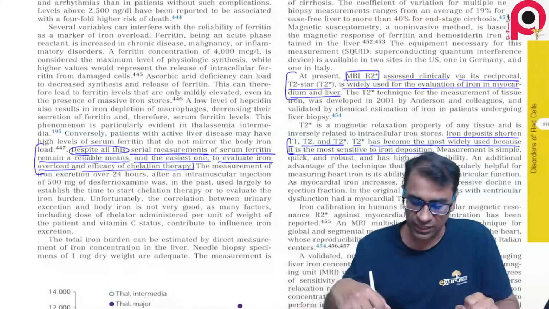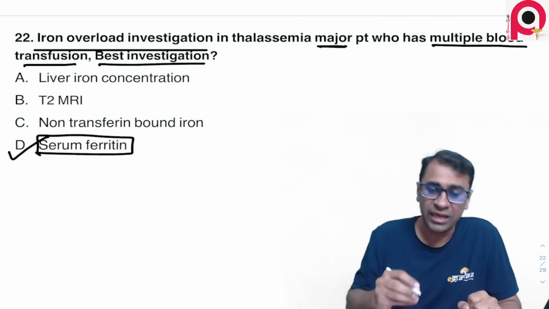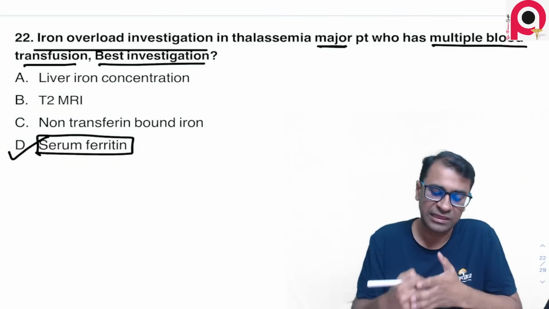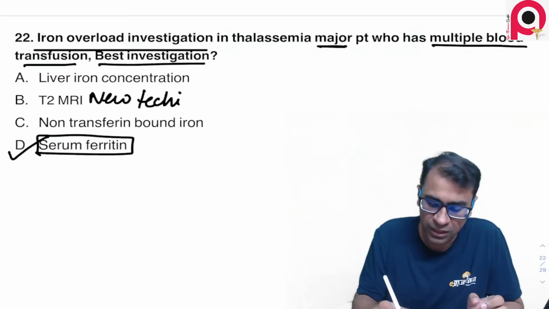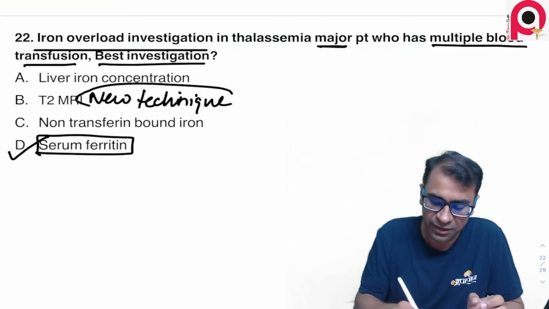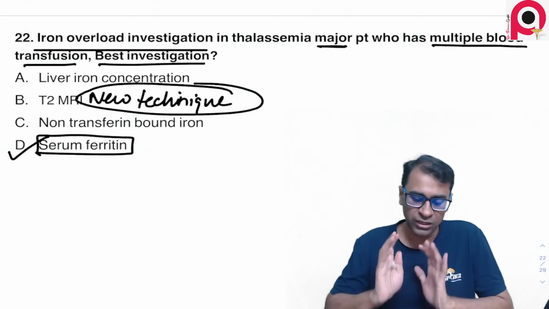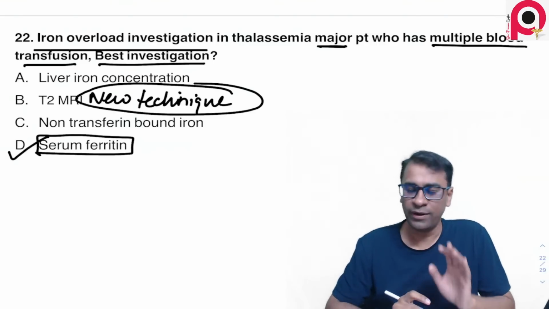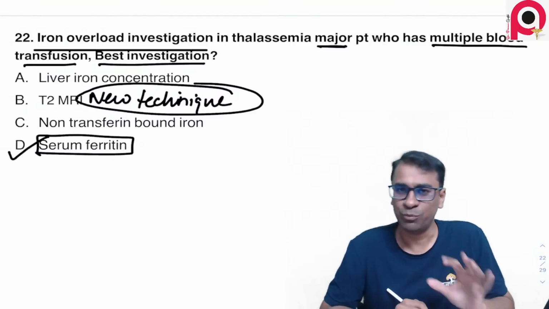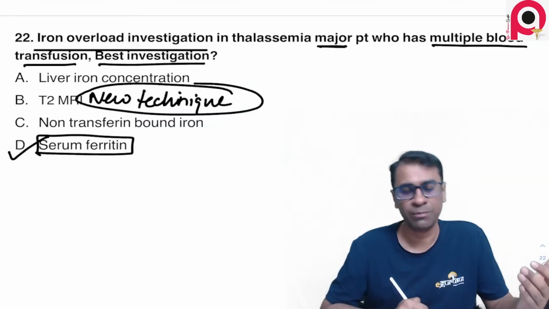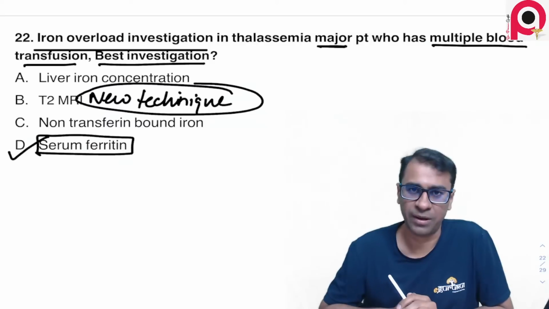So for understanding this part, please remember the answer. Best answer is serum ferritin. If it is not in the options, you can go with liver iron. But nowadays, MRI is a very new technique, and this would be available after a few years. Right now, it's not very popular to be used. Okay, so the answer to this question is serum ferritin. I know many of you will not agree with me, but that's the truth, and you must understand this for future purposes. What has happened has happened. Let's not bother about what has happened in the past.